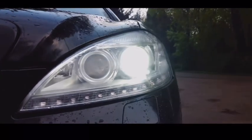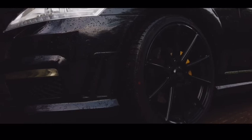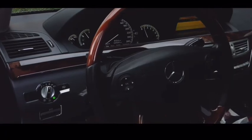The S-Class is basically a poor man's Maybach. This car was a pioneer and was used as a test mule by Mercedes for new technologies that they were developing. For instance, this one features night vision, which highlights any animals and pedestrians that you can't see. It also features a special braking system, which allows you to stop before any accidents or collisions, so this car